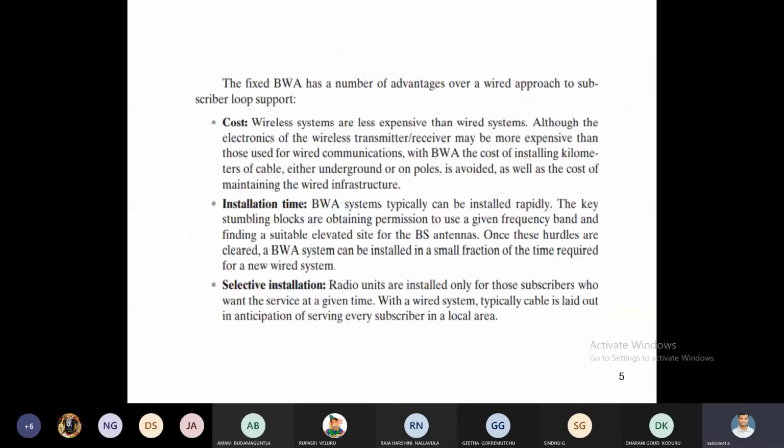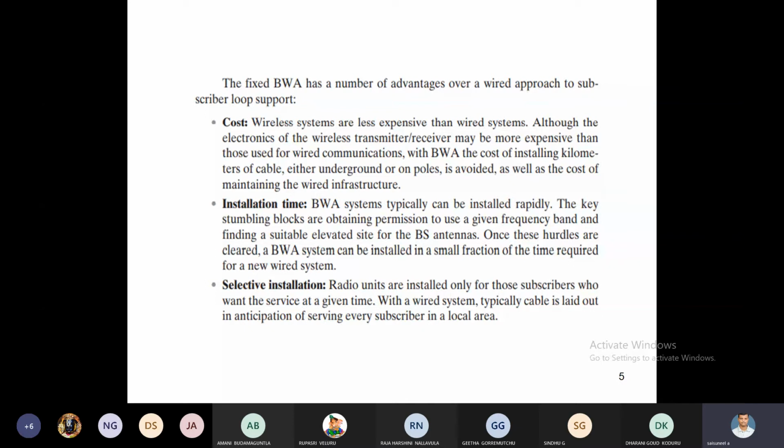What are the advantages of this fixed broadband wireless access or WLL technology over the wired approach? The first one is cost. A wireless system is less expensive than the wired system.